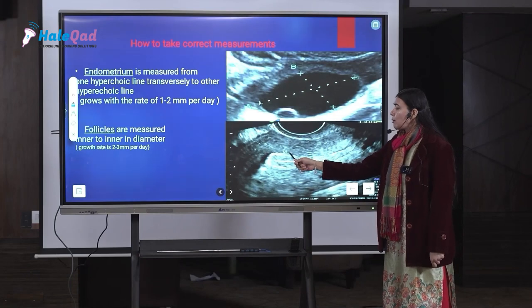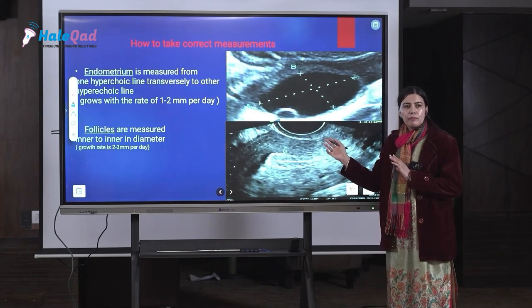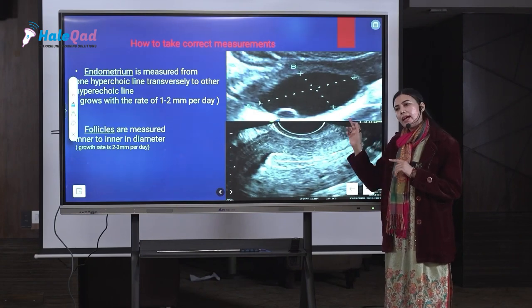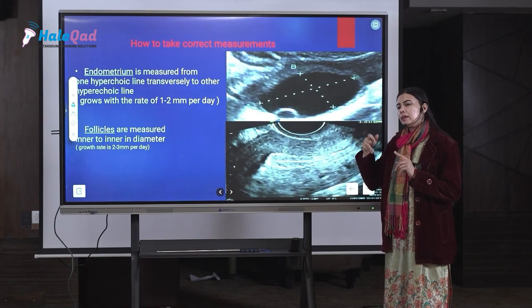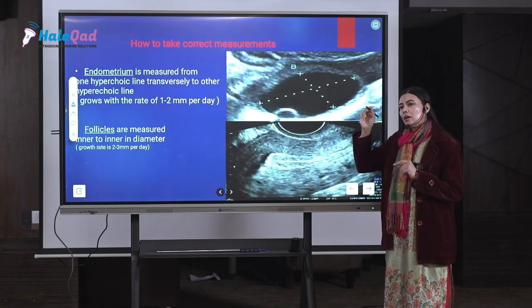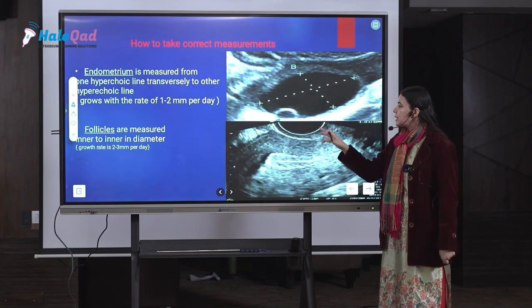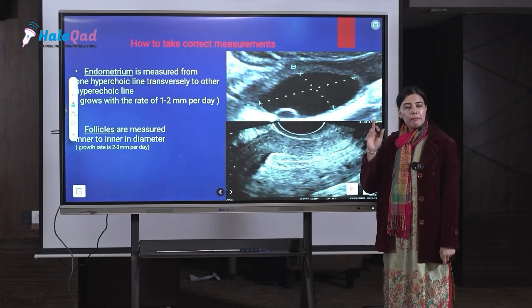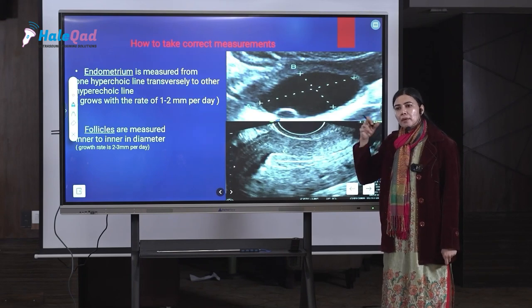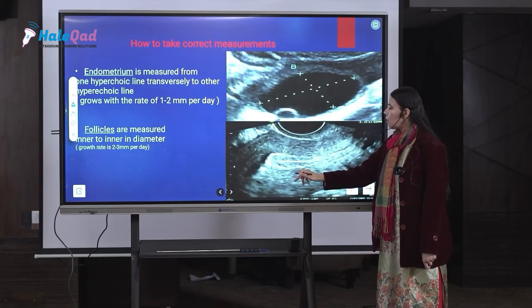You have to include the basal layer also. It's not inner to inner. Just remember a dictum in sonography: wherever there is a follicle or something anechoic, that is inner to inner. Sac, gestational sac, inner to inner. This inner to inner. We will discuss the atrium tomorrow. Atria in lateral ventricle, inner to inner. Everything filled with fluid, inner to inner. Solid thing, outer also. Like BPD, outer to inner or outer to outer. Head circumference, outer to outer. Abdominal circumference, including skin, outer to outer. Wherever you are having solid tissue, outer to outer, include the basal layer.